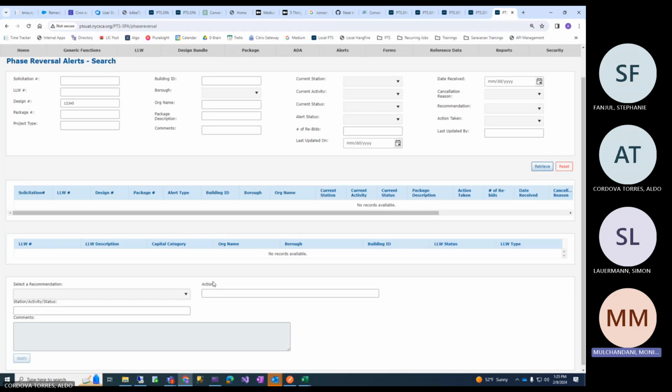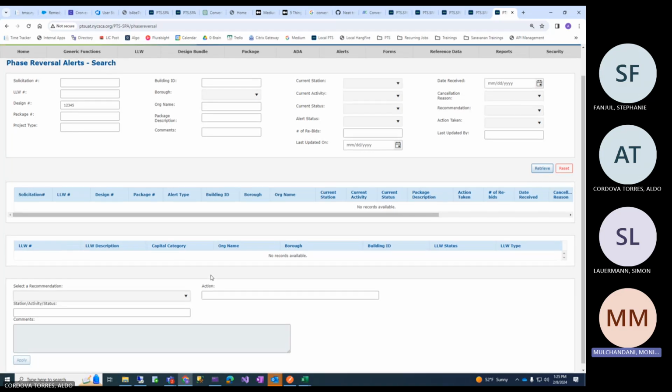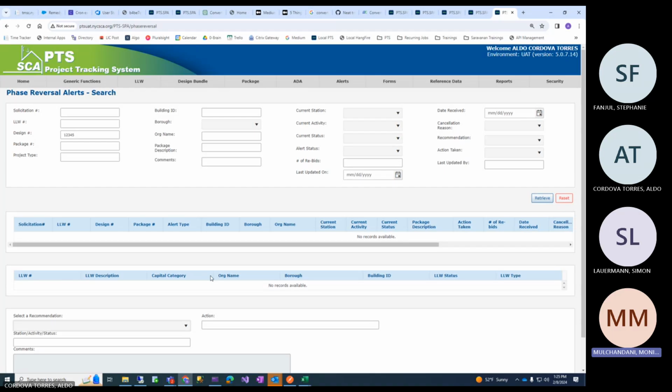It's not that I took the example of capital planning, went to capital planning, they recommended something and that was the end. Then it could go to A&E next and they do something. So there's a whole bunch of stations or departments it goes through sometimes, and then it gets back into the mainstream workflow of the project. So this in between is kind of a mini workflow going on to bring it back to the mainstream workflow.